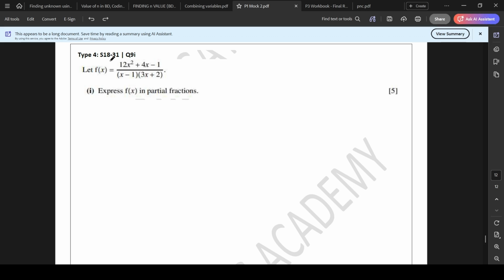So this question is taken from May June 2018 from paper 3 variant 1. This is the first part of question 9. We are given a fraction which we need to convert into partial fraction format. The first step is to think about what is the degree of the numerator and the degree of the polynomial